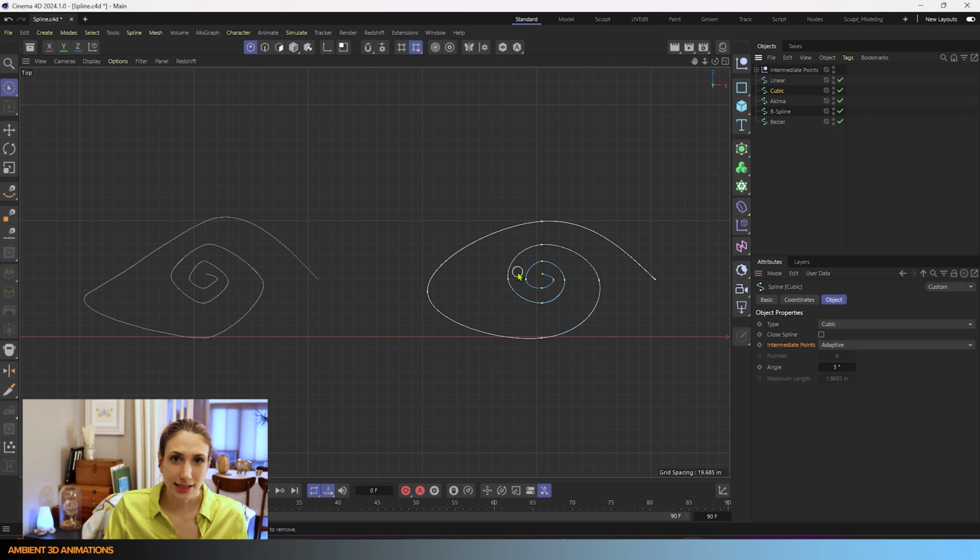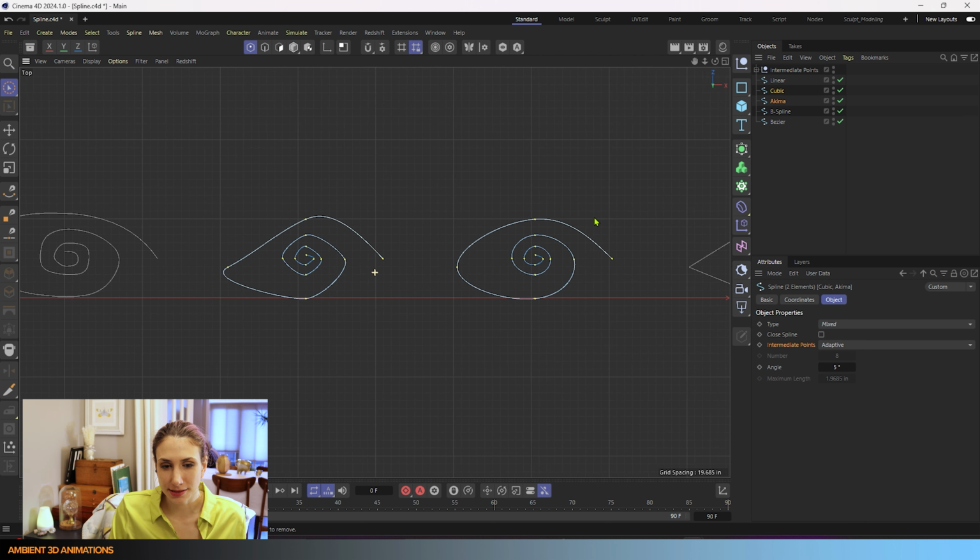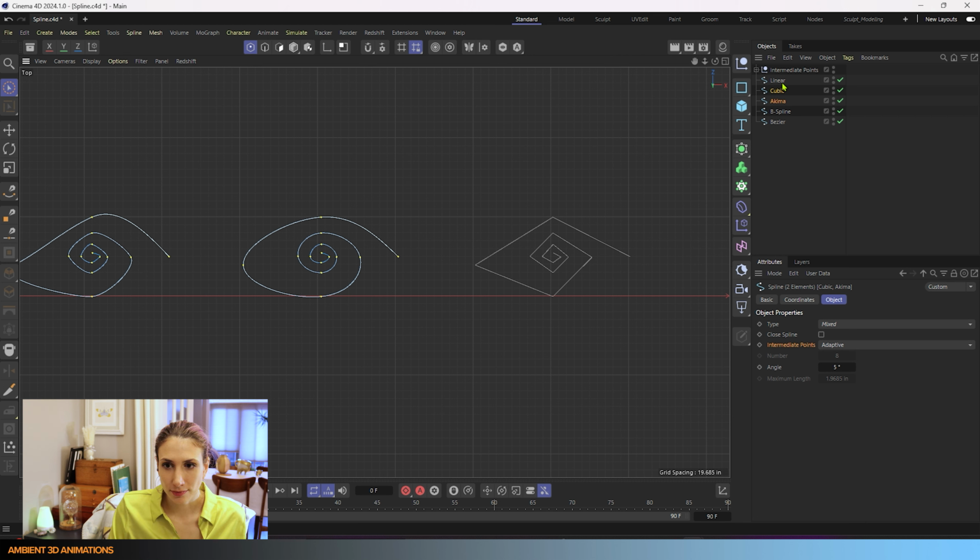Inside of Cinema 4D, this is called overshooting. The cubic spline has overshooting, which is what you're seeing here. The Akima spline has no overshooting, so it looks as you see it over here, even though the points are in the same place. Our linear spline has points in the same place as well, but all of these are straight.